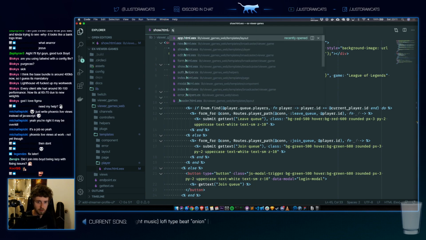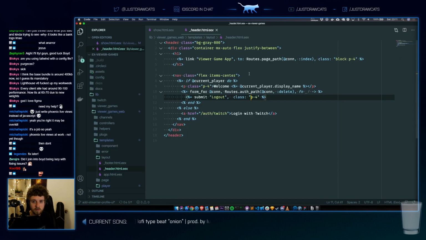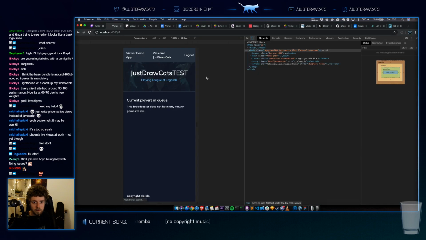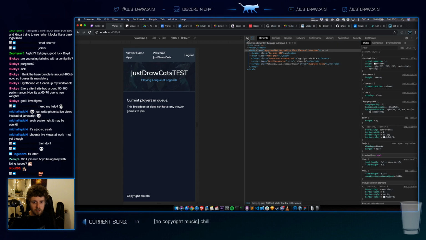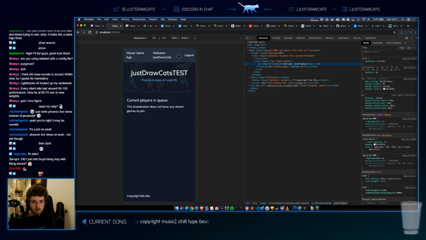Let's hide that on mobile. Why is it so... Okay.